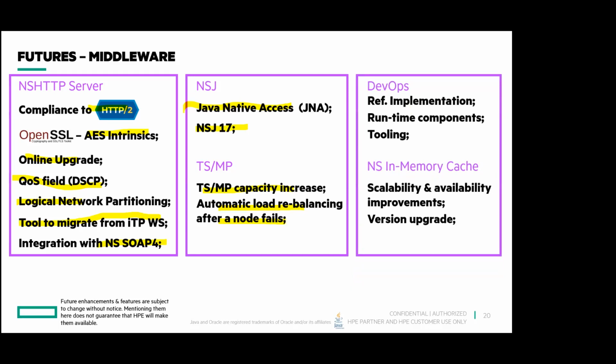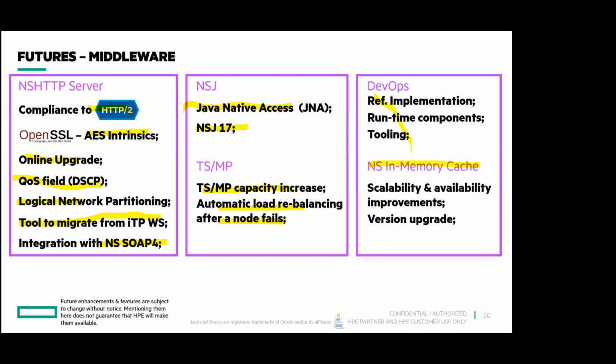DevOps, as I talked about, I showed you NSM of 1.1, and we are also working on a generic infrastructure. So we wrote an NSMPT, right, that plugin tool for TSMP, and we are writing it for, let's say, NSASJ next. But then how about the customers' applications, our partners' applications? How will they manage? For that, we are aiming to provide an infrastructure with runtime components and tooling that will help the partners to deploy their applications easily. So that's in the works, but it's at a very starting stage. I cannot even talk about any possible timeline for that, but we are going to work on that.